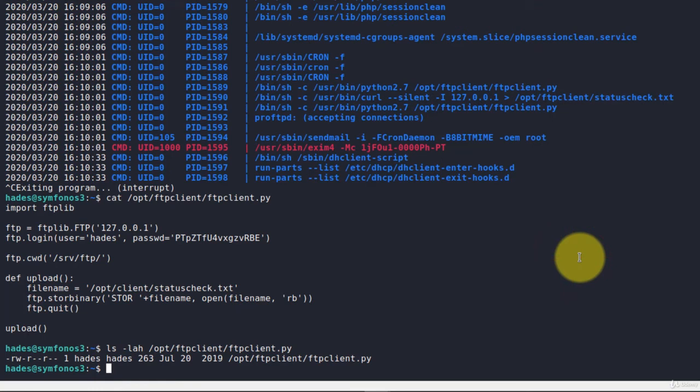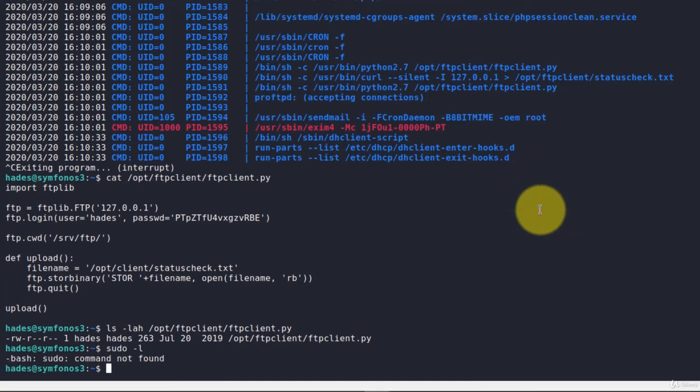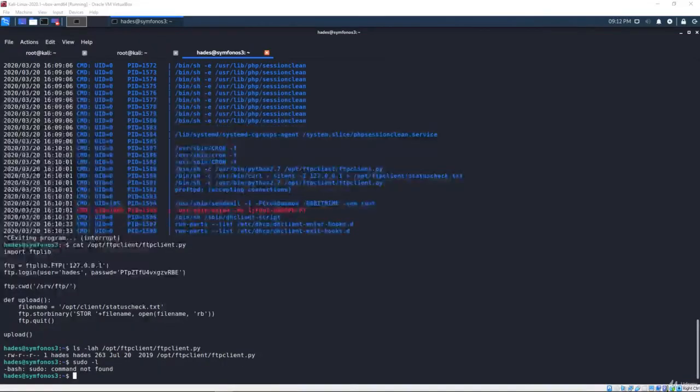So it belongs to Hades, so we have write permissions to it. Let me see. So we can't run this ftpclient.py file as root directly, but I'm betting that it's being run as root